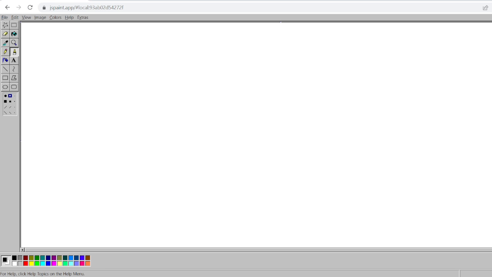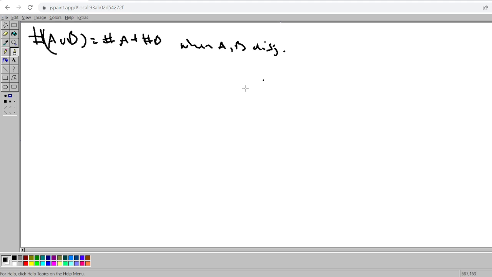So we can say generalized. So we have the cardinality of A union B is equal to the cardinality of A plus the cardinality of B when A and B are disjoint. We can officially say that, let A1, A2, up to An be all finite and pairwise